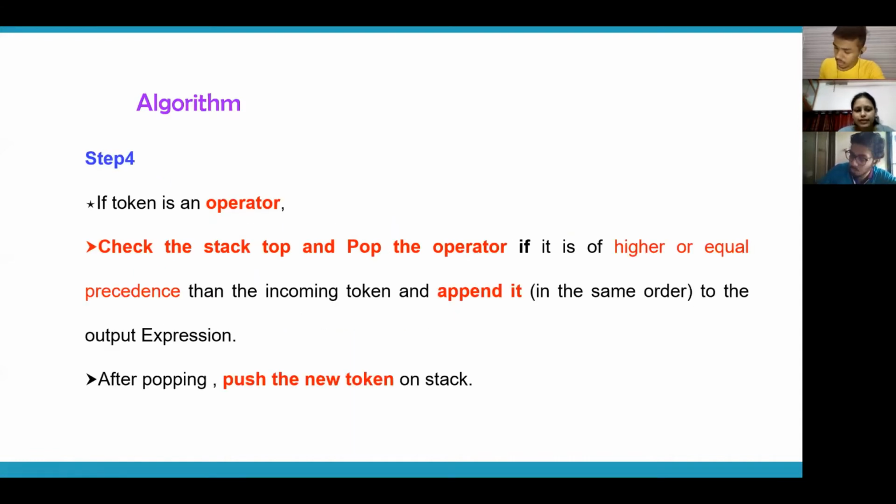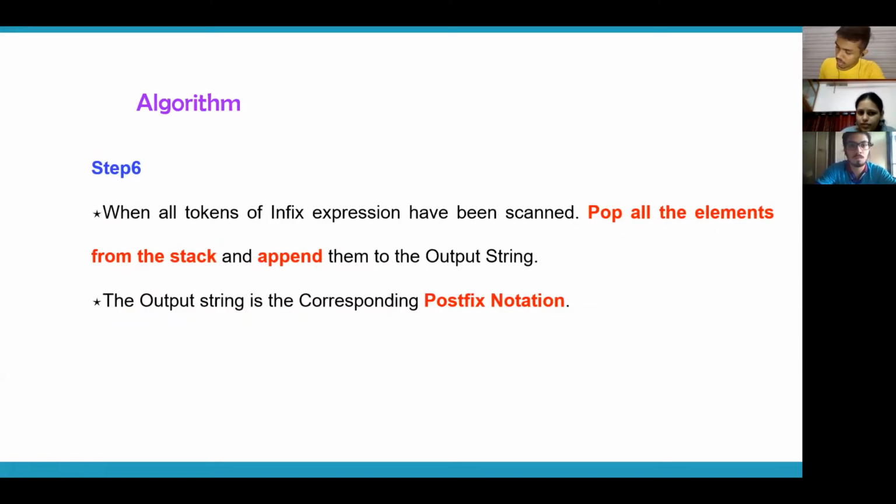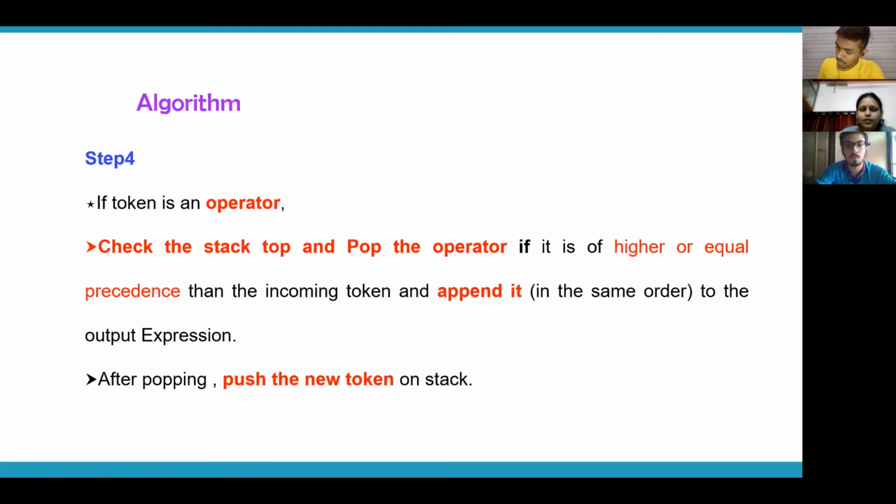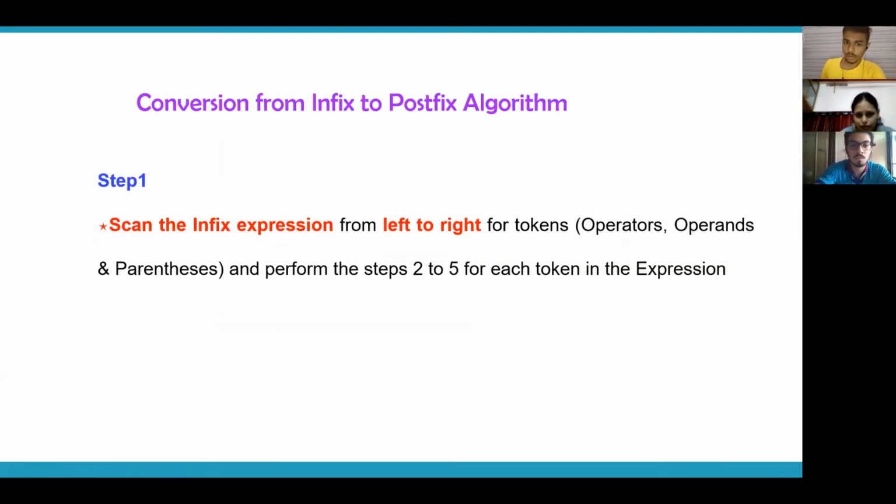Step number 4 is a little complicated. If I explain it like this, you may not be able to understand. Steps 4, 5, 6 are all complicated, so I'll give you an analogy. It's just for you to understand. It has nothing to do with the subject. I'm just giving you an analogy to better understand how to solve this.